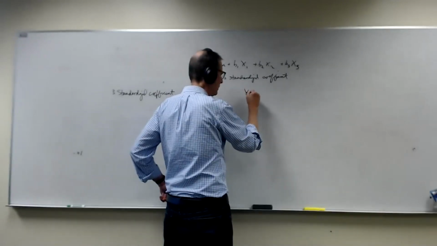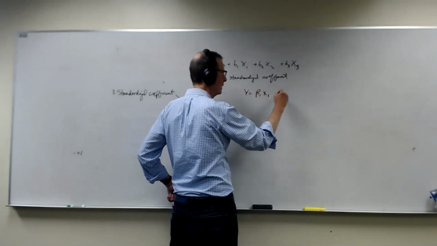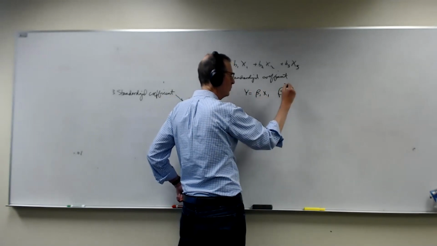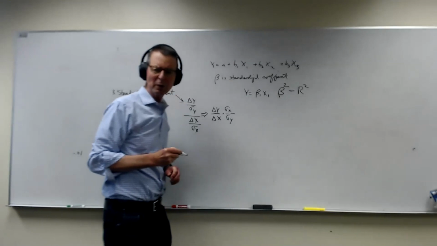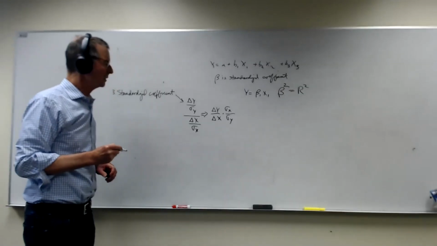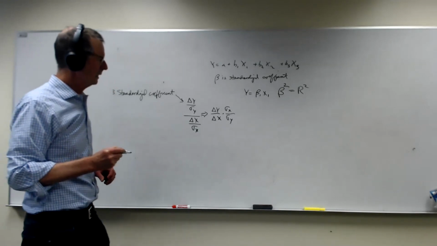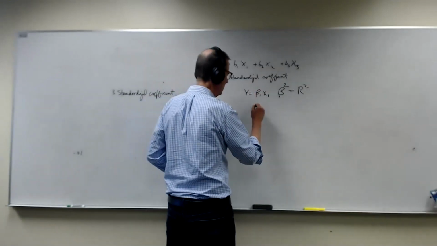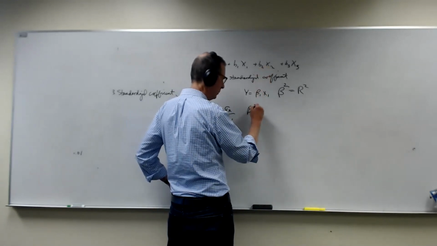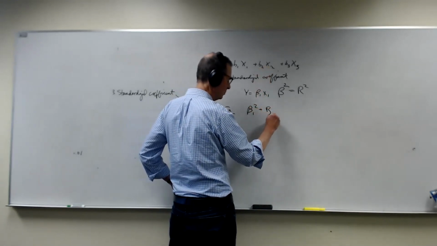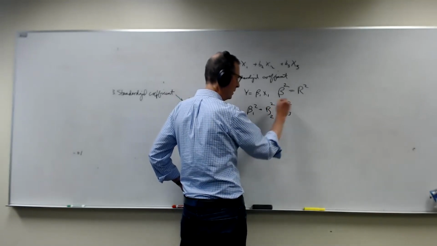If you had only a bivariate regression, y equals beta 1 x1, take the standardized coefficient and square it. That equals the R squared. If you look at how they're calculated, that's what you get. If you have in this 3-variable equation, beta 1 squared plus beta 2 squared plus beta 3 squared,